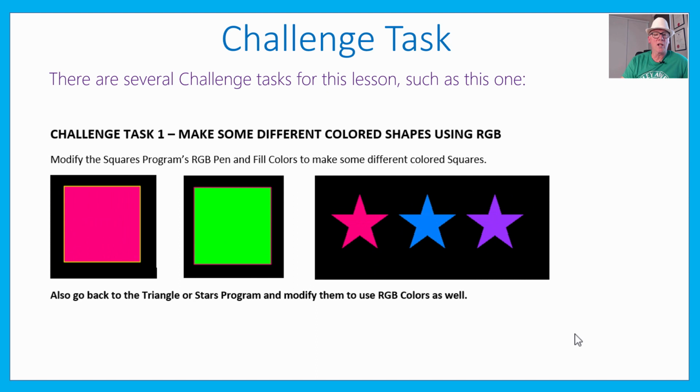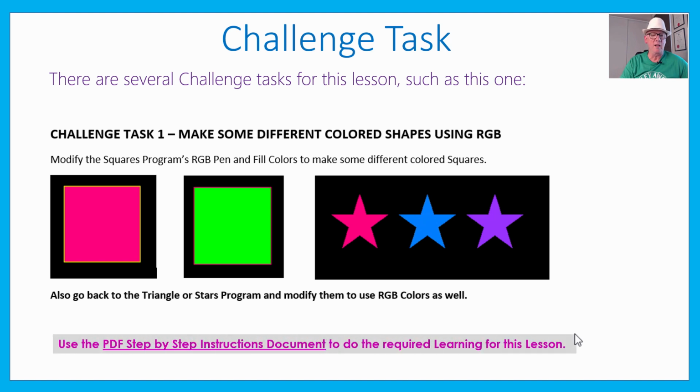So there's several challenge tasks. This is the first one, a fairly simple one. We're going to go back to our triangle and stars program, so that's why you need to have done those previously. And we're going to make them much nicer, brighter colors by using RGB colors and picking our own exact colors. So let's get across into the PDF step-by-step instructions document, and we'll take you through that quickly